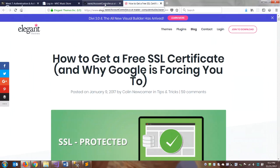Right, okay. By default, all traffic sent over HTTP is sent in plain text. When a user fills out a form and presses submit, anything they put in that form, which could include something like a credit card number, gets sent from their browser to the web server in plain text. Any data we display, let's say a bank account balance from your bank, comes in plain text by default. That's how HTTP works. What an SSL certificate does is it encrypts